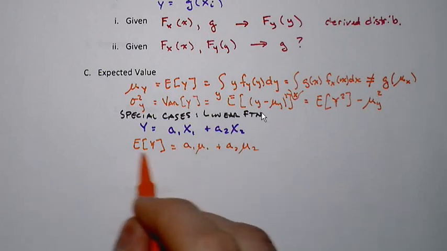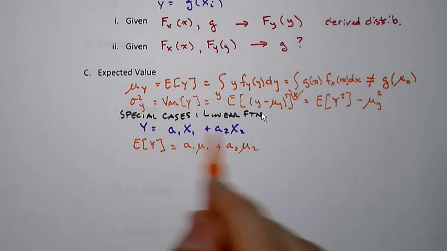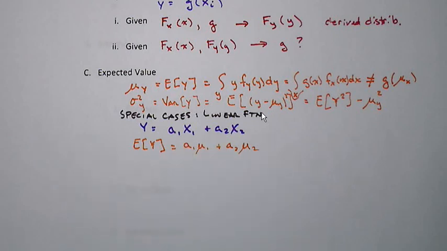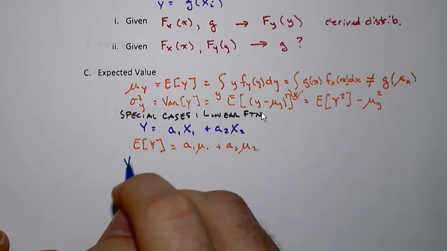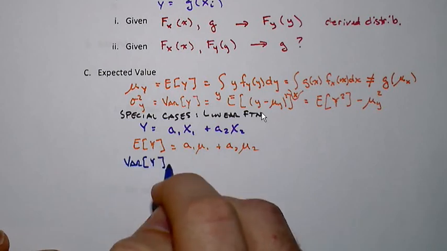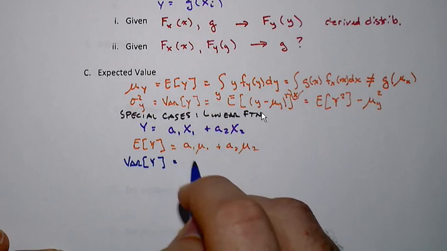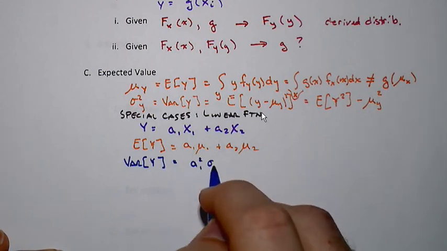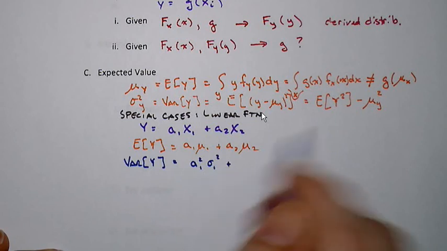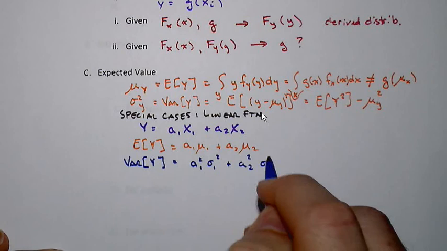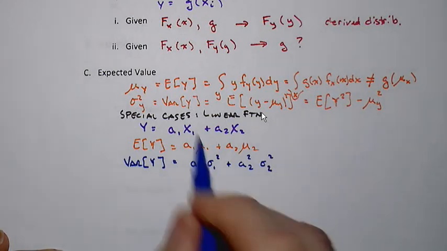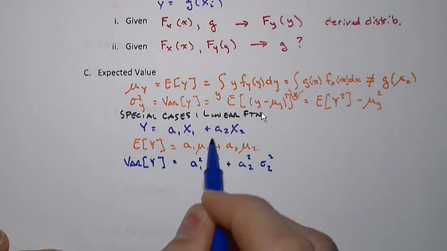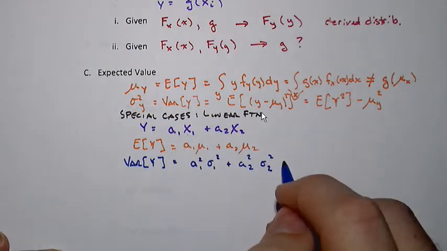And because the expected value operator is a linear operator and we have a linear function, we can do this swapping out this additive function, and associative and commutative as well. Works quite well. Right? And then when we want the variance of y, things get a little trickier here. Because in that case now we've got a1 squared, the constant gets squared, times the variance of the first random variable, and then a2 squared times the variance of the second one. Right, so that would be just plugging in the variances for x1 and x2, squaring a1 and a2, the constant in front. But we also need that covariance term,